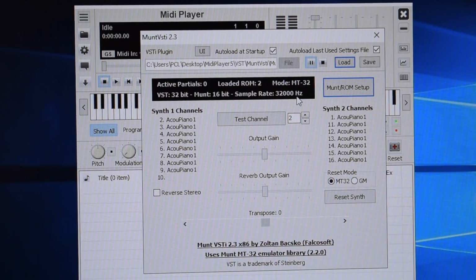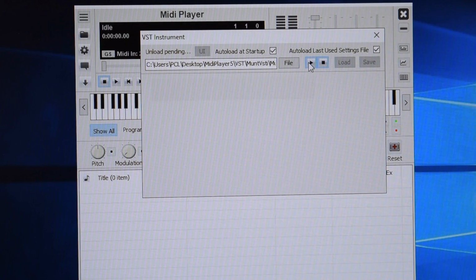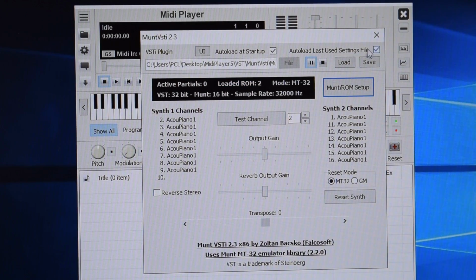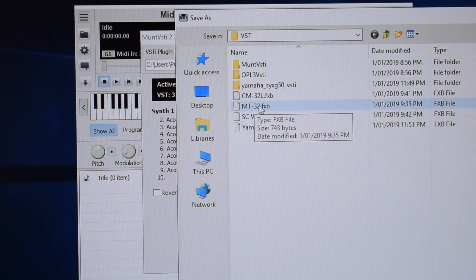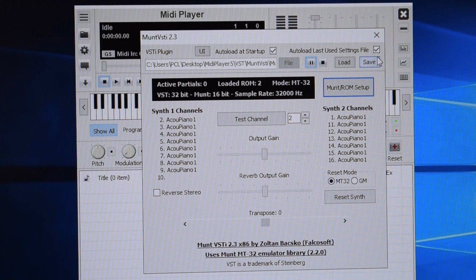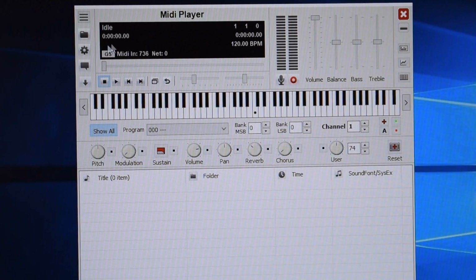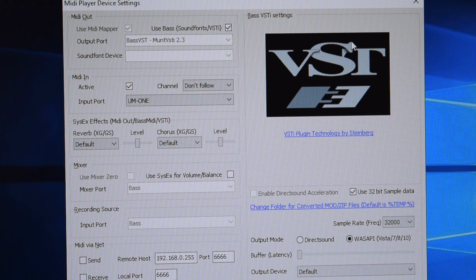And then there's a stop play button, and you also have to tick these two options and then save the configuration under one of these plugin setting files. So I've got one for each of my VSTi plugins, and there's more. If you go here now, you will find some other options here. Only for the MUNT